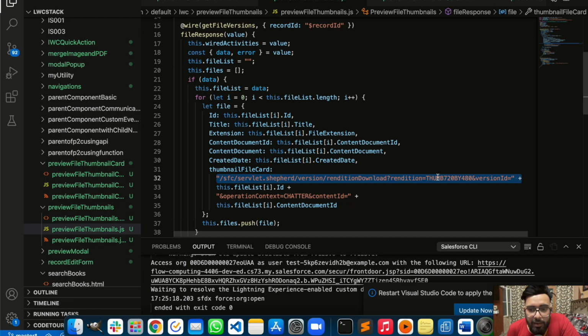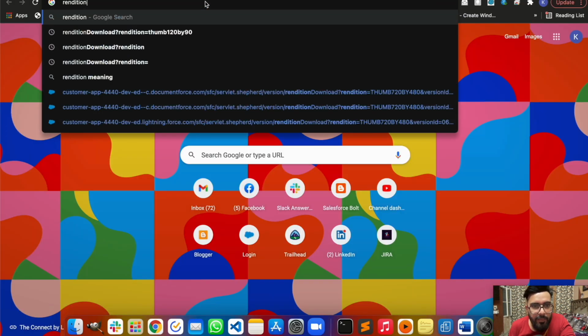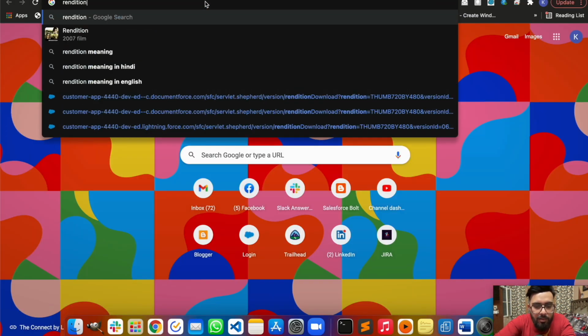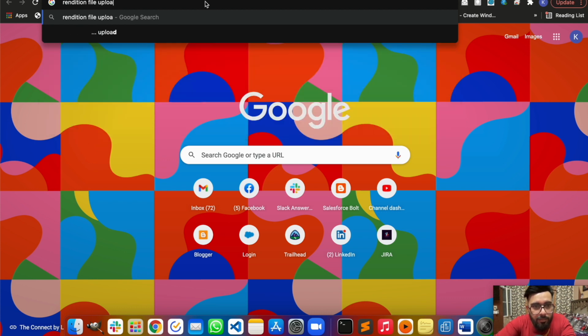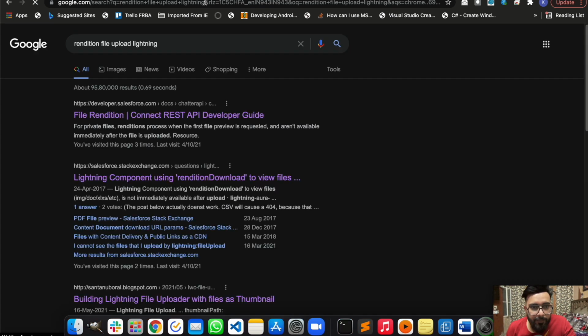And guys, you can have a few sizes here. You may see this rendition here, and here you may get different file sizes. If you Google this, let me show you. Okay, here it is, file rendition.